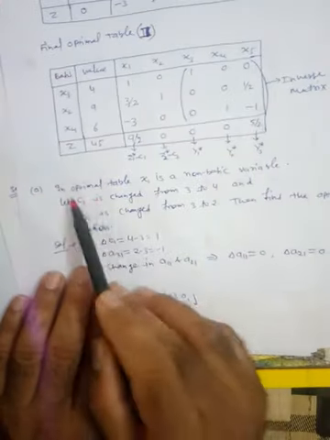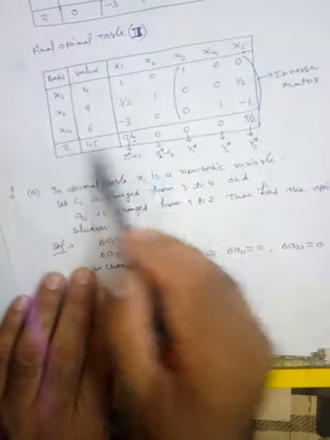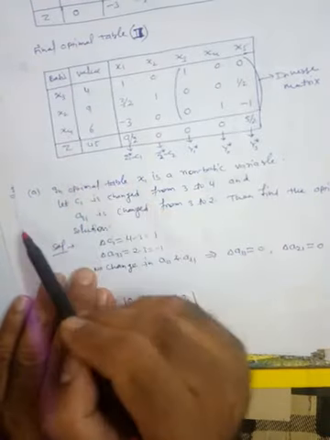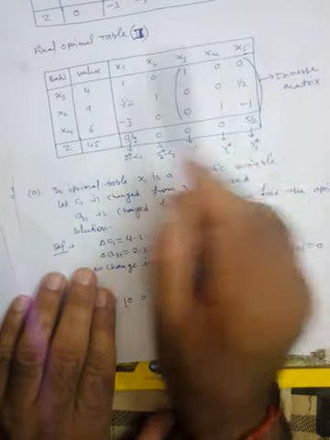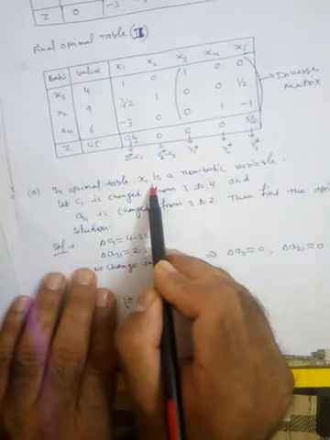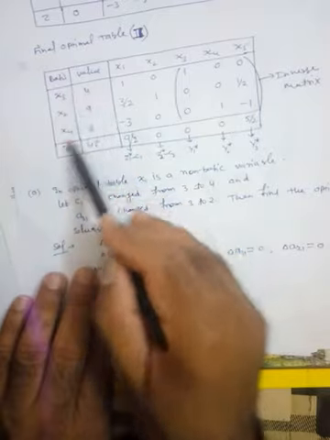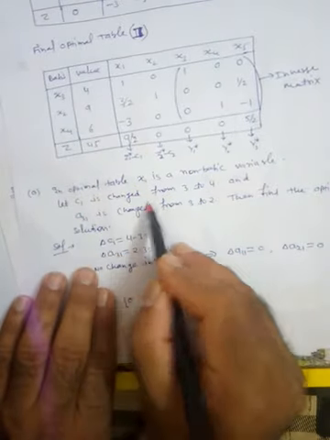So this is the problem. Now the first part is A. In the optimum table, you can see x3, x2 and x4 are the basic variables. However, x1 and x5 are non-basic variables. So in the optimum table x1 is obviously a non-basic variable, because x1 is not listed here. So let c1 be changed from 3 to 4.